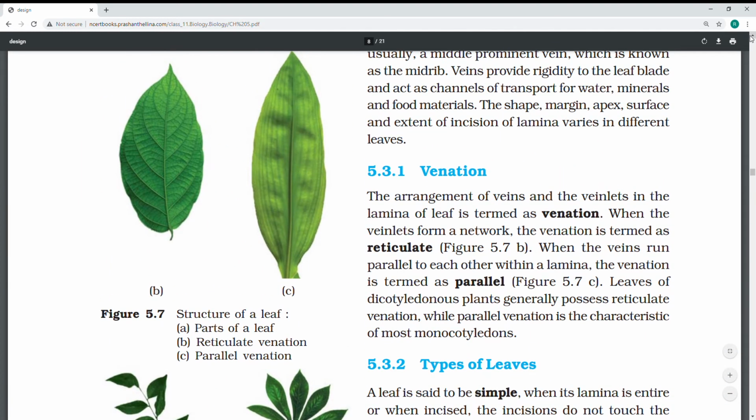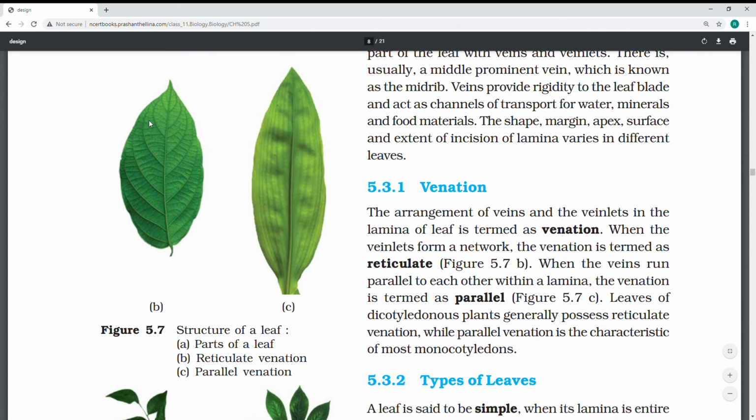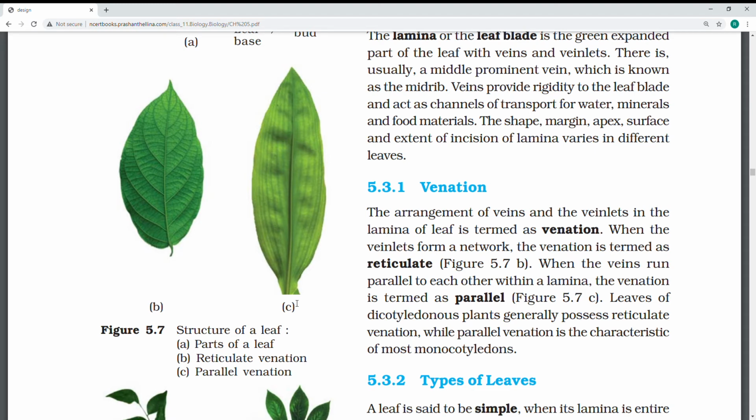See the venation also, reticulate venation and parallel venation. Reticulate venation is like most of the hibiscus, mango, all other leaves which are dicot generally. We see the pattern is reticulately arranged all over the leaf. Where it is parallel, like the banana leaf, the central midrib is like this and the veins run parallel. So this is what reticulate is. Then the subtypes are there which we can discuss further if you understand the lesson, and we can go on